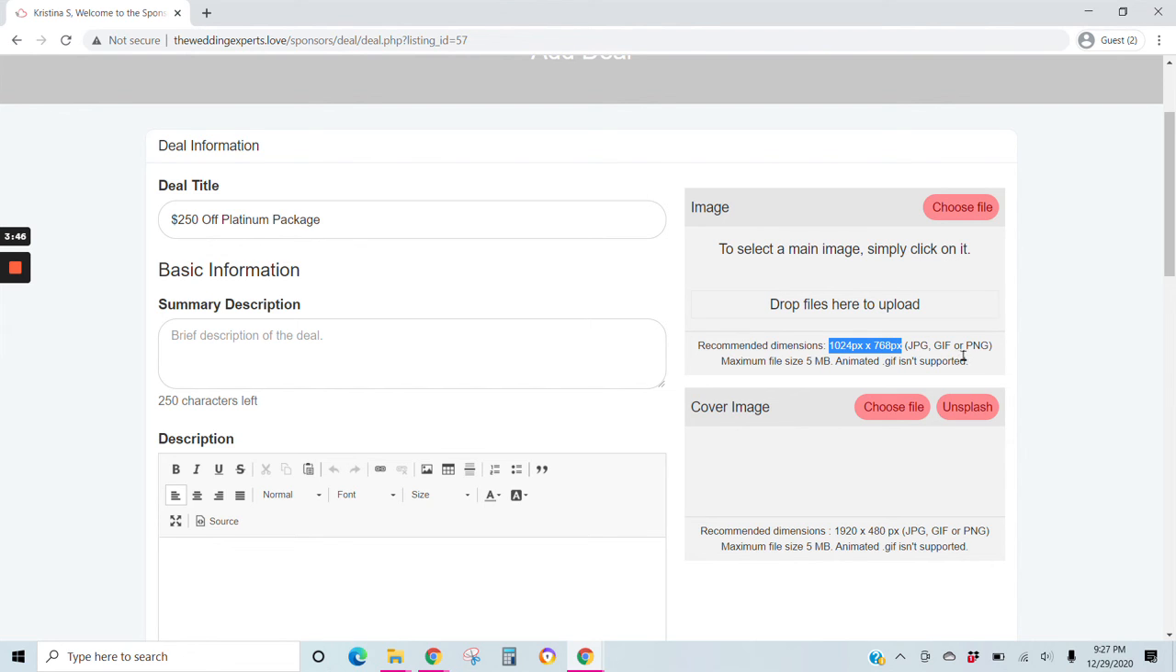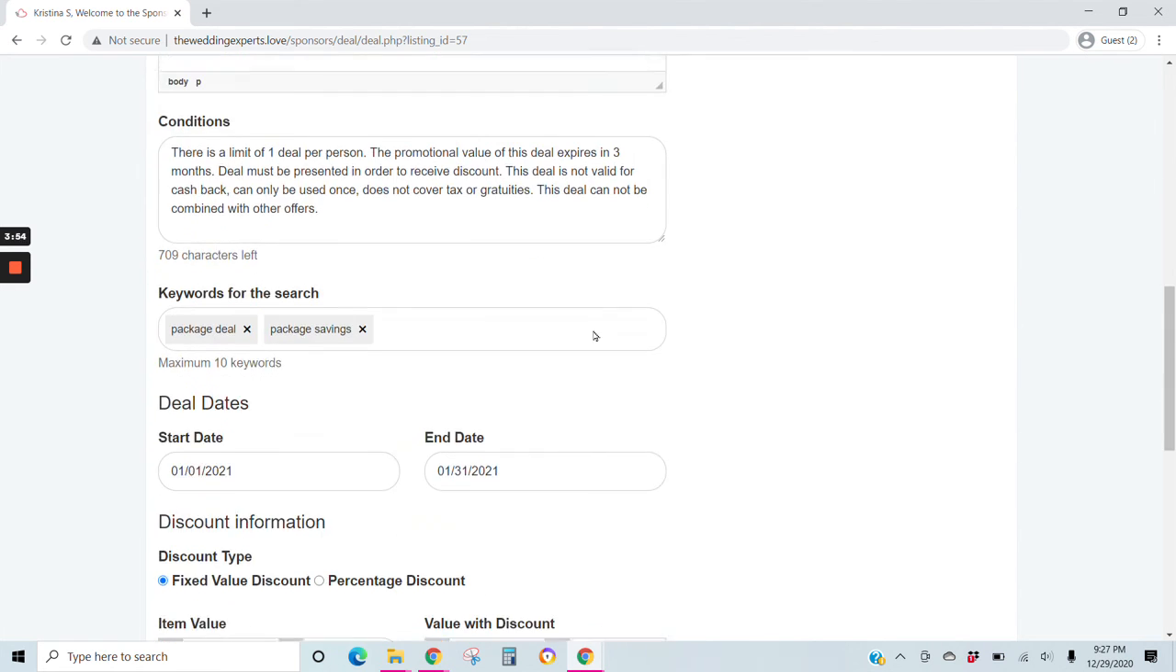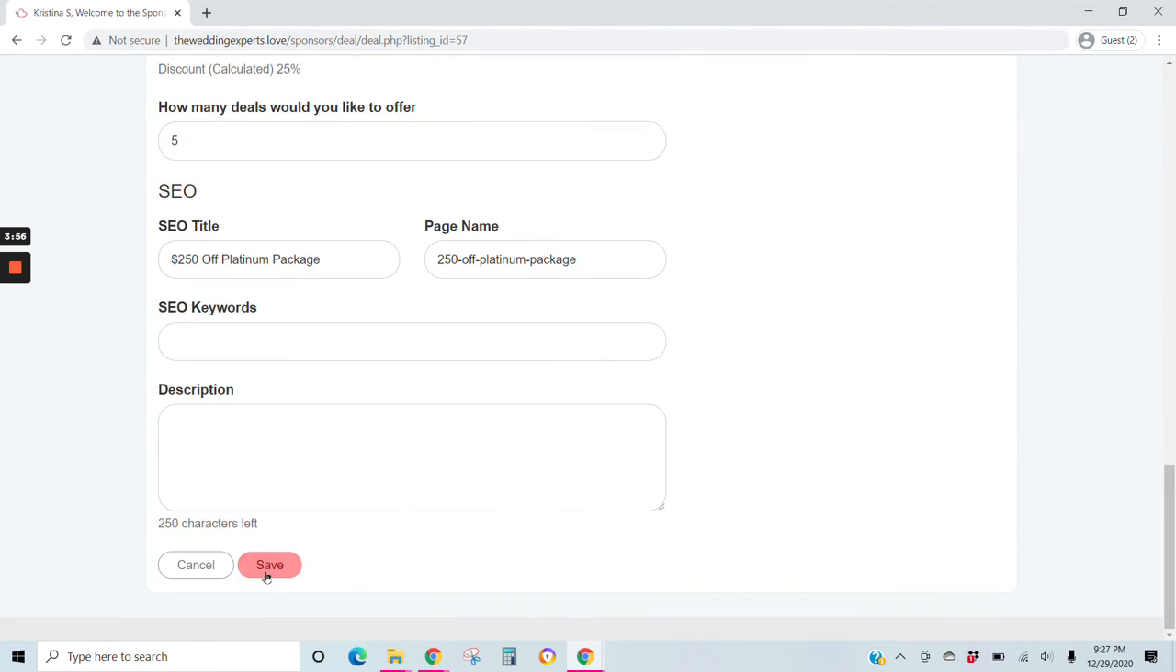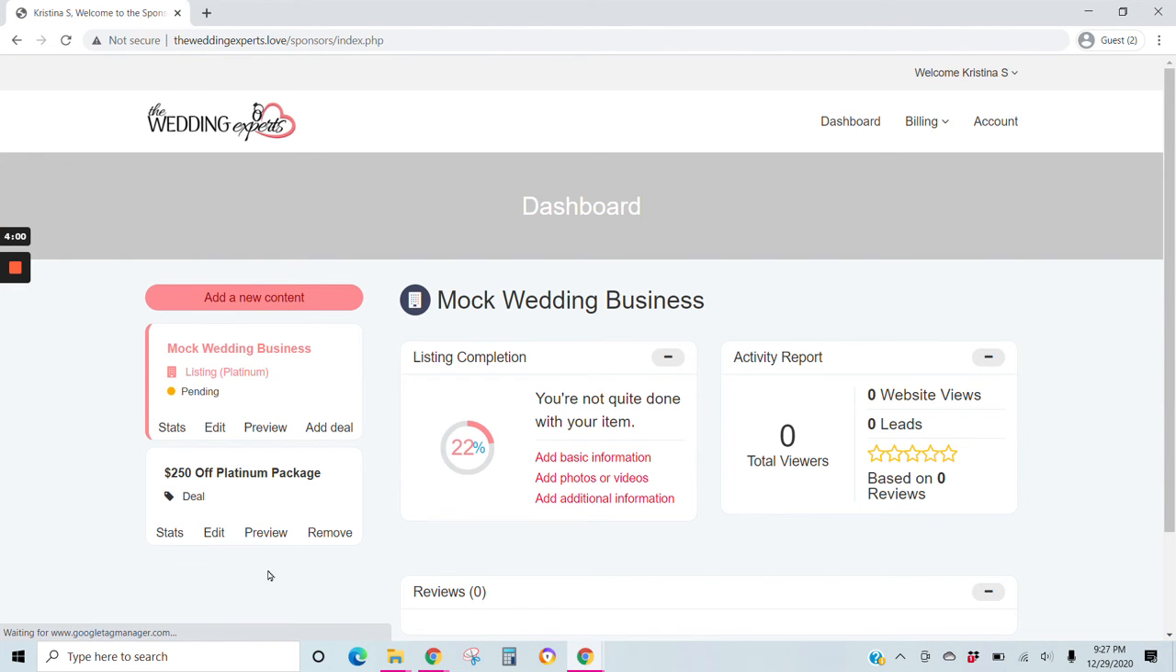Now remember, animated GIFs are not supported. So I recommend doing JPEG or PNG. Once you've done that, you scroll to the bottom and you hit the save button. It will then take you back to your dashboard and you will see here's your business listing, and then down